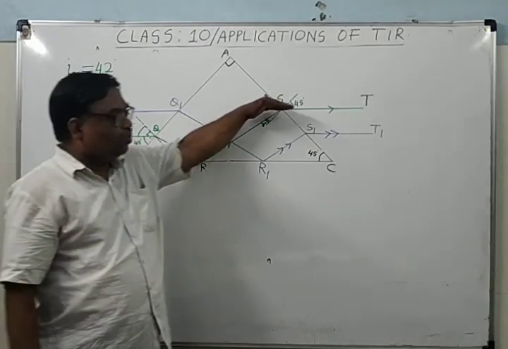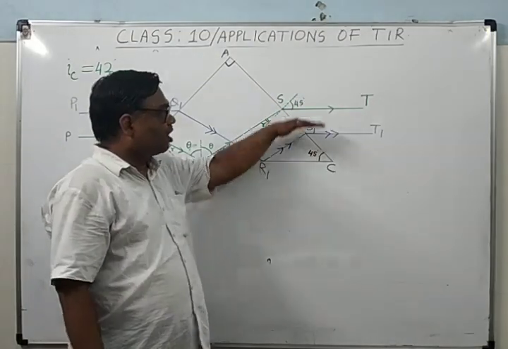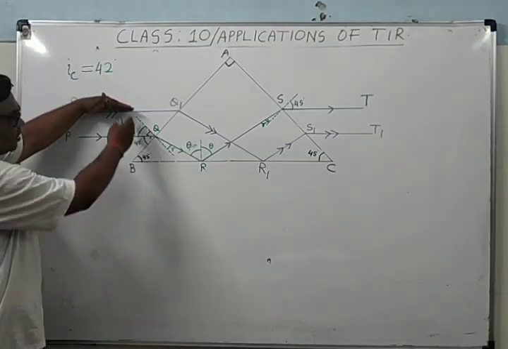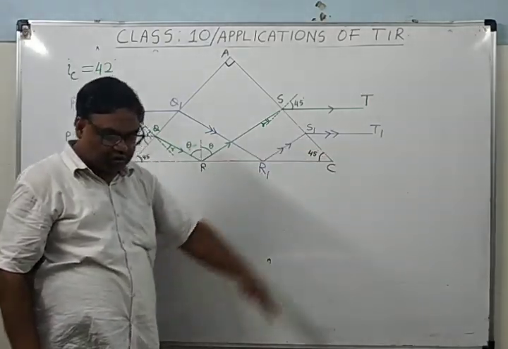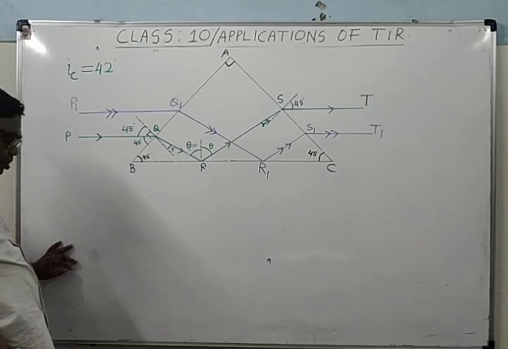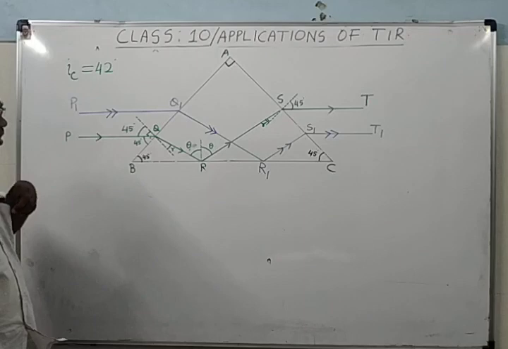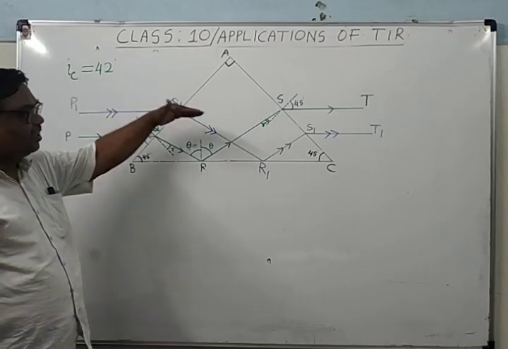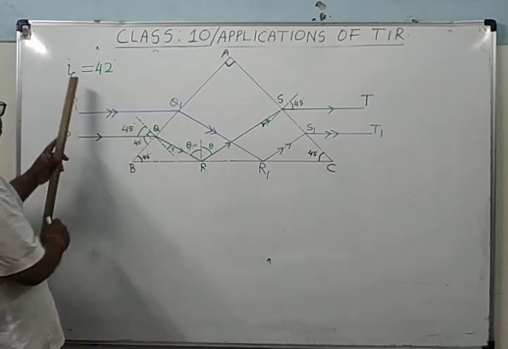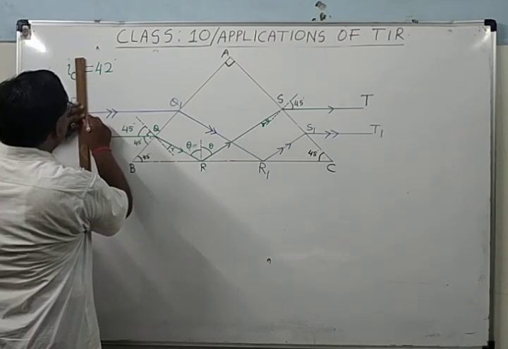But when it emerges out parallel to the base, means there is no change in the direction, but away from the base. While this ray which was here away from the base, it is emerging out near to the base. Now see here, suppose if there is any object, if you see here, only the direction is same, only the path has changed. Means here if the object is kept in this way, what will happen?